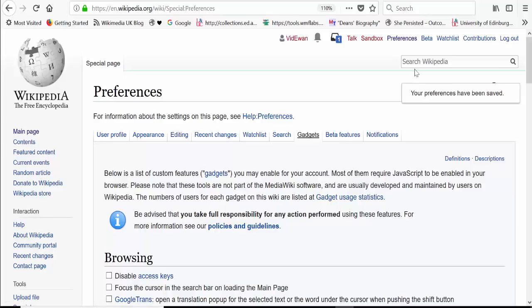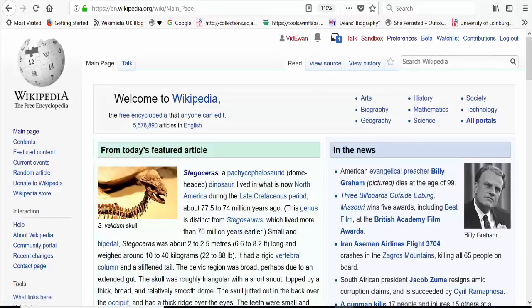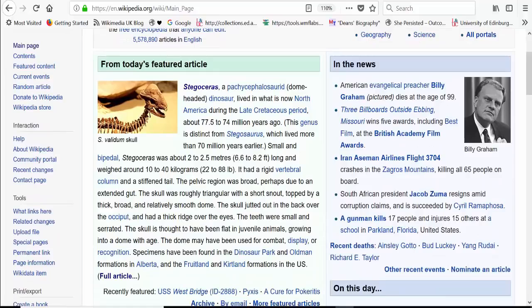So if we click on Wikipedia's globe in the top left, this is the main page, the front page of Wikipedia, and this is viewed somewhere in the region of 25 million times a day. And there's always a featured article on this page, and the featured articles are the best quality articles on Wikipedia, and this changes daily. So if we click into Stegosaurus, today's featured article, we can have a look at how an article is typically